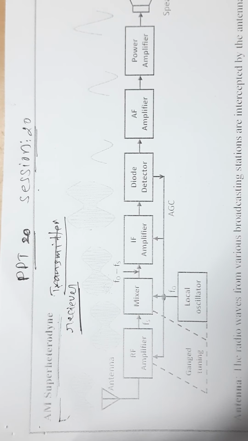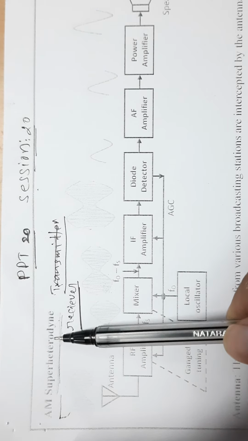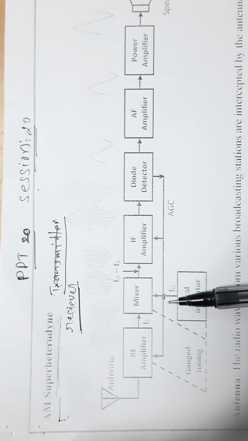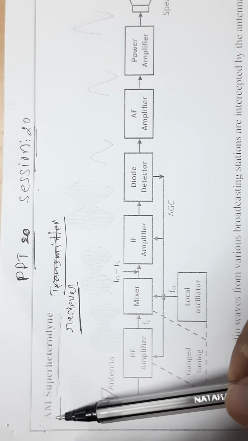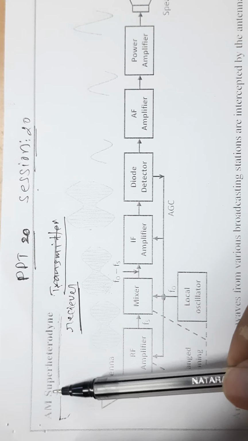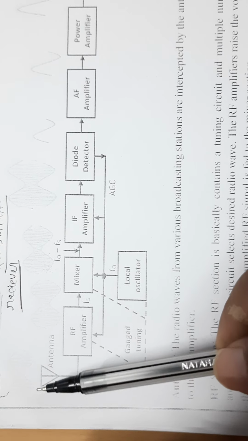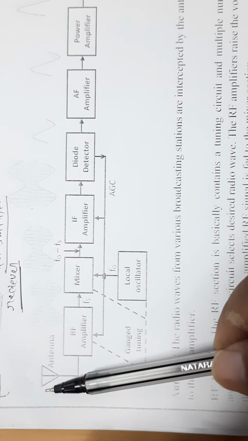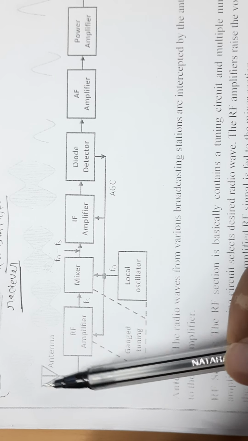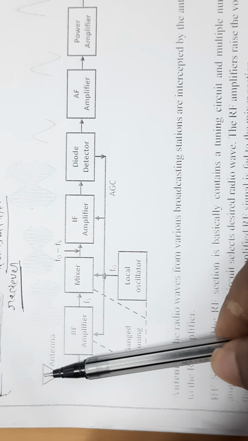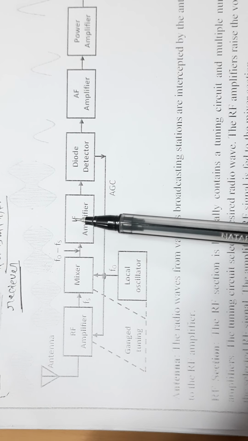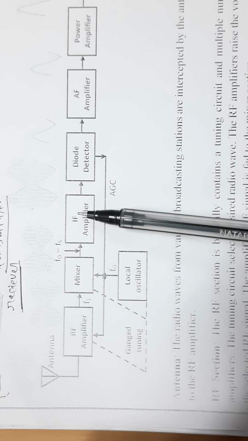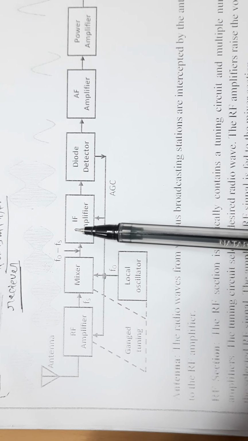Super heterodyne. Heterodyne means process of mixing. Here in this device we will mix up the two frequencies, hence the name super heterodyne. It is an amplitude modulated receiver. This receives all the signals, amplitude modulated wave, frequency modulated wave. Because this is a receiving antenna, of course it receives all the signals. Even though it receives all the signals, it demodulates only the amplitude modulated wave. Therefore, it is called amplitude modulated receiver.